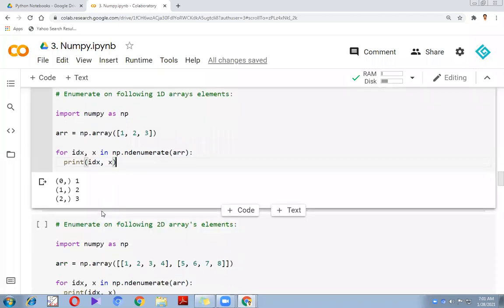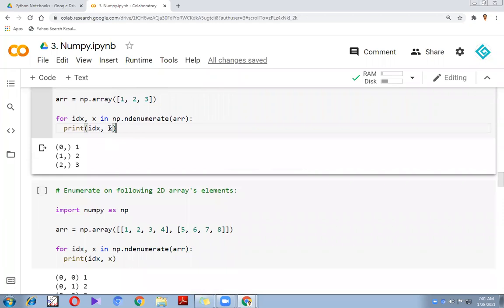So now how to do enumerate for 2D arrays? Similar to this one, like only the